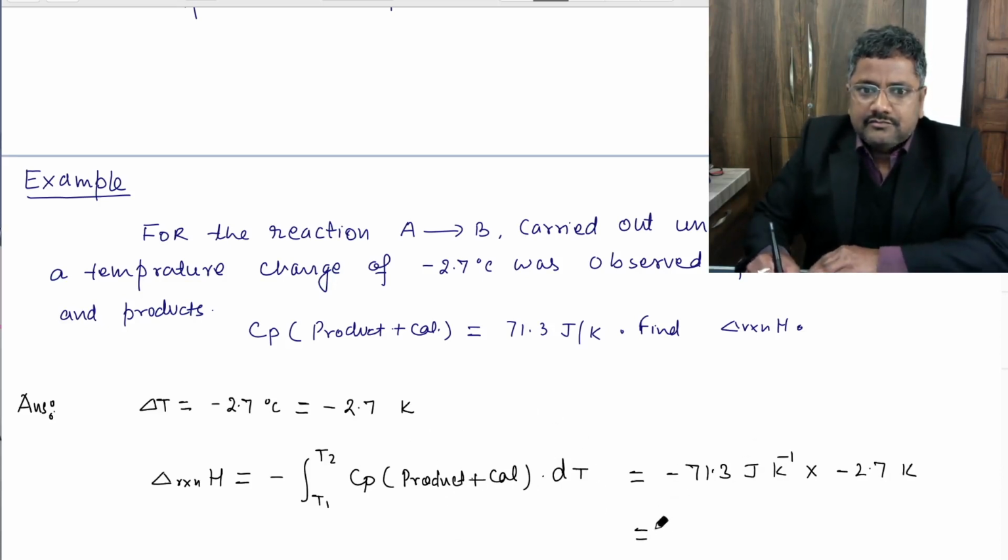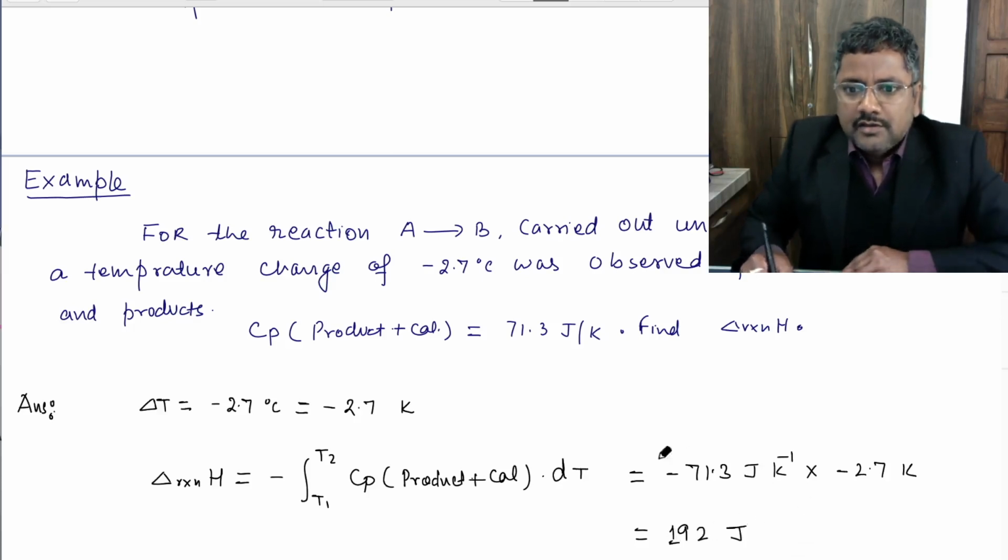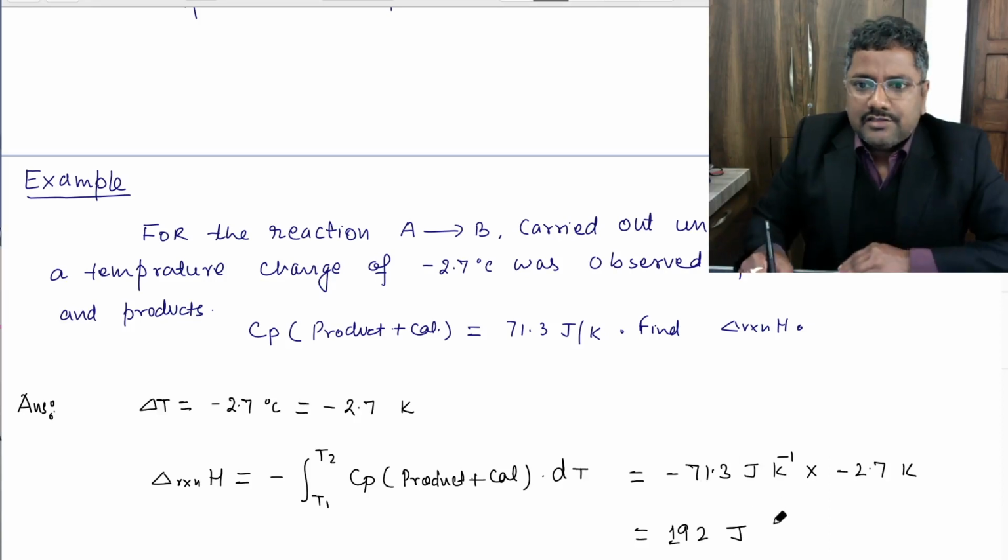So this is equal to 192 joules, right? 192 joules. So in this way you can calculate the enthalpy change